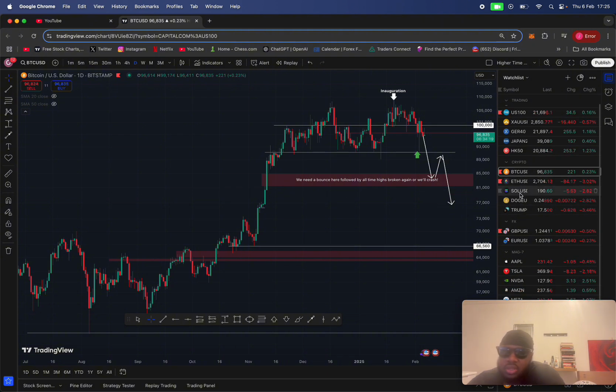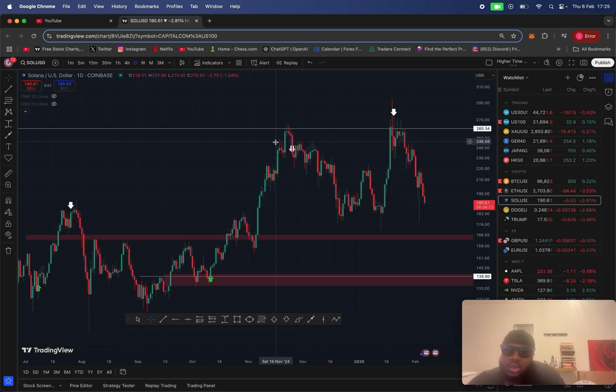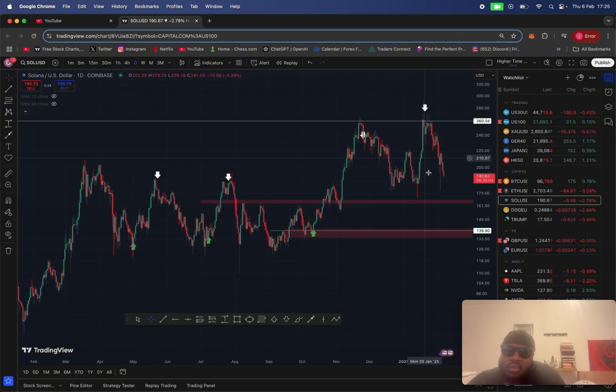Is there any other charts I want to take a look at? Not really. I'll be real, not really. Solana's got a nice chart on it at the moment. It's trending down, targeting these levels down here. So I'm expecting crypto to fall. I'm expecting stocks to fall. I'm expecting the market to, at some point over the next month or two, crash. So yeah, that's my outlook for all these instruments: US 30, the Nasdaq, gold,